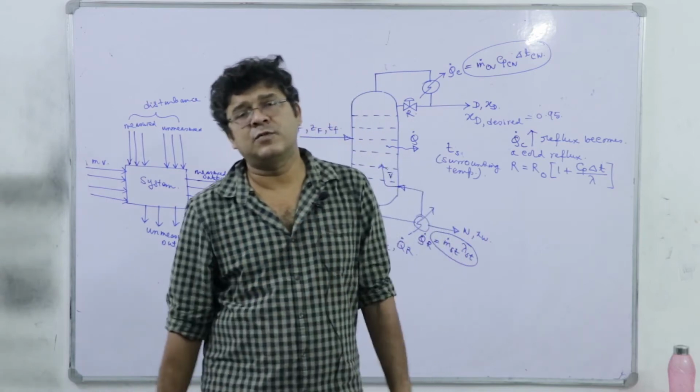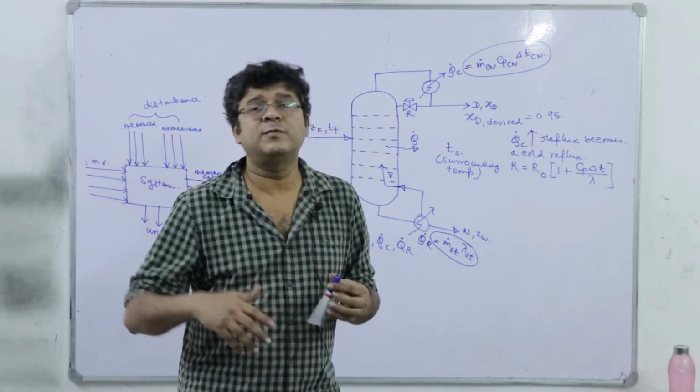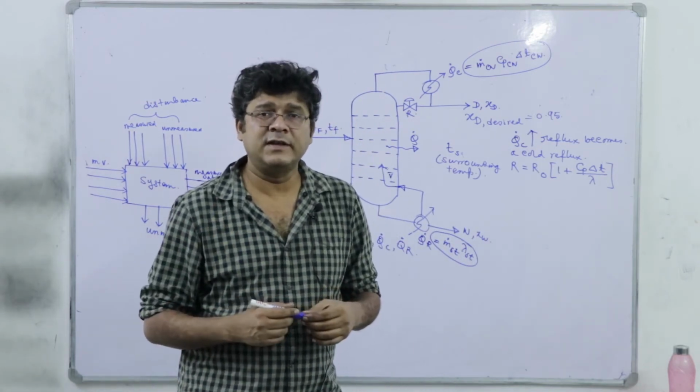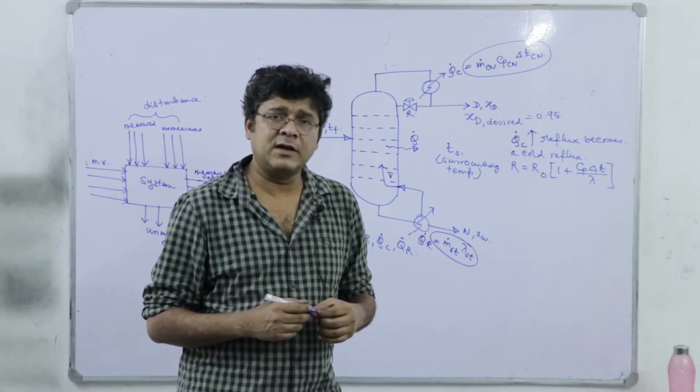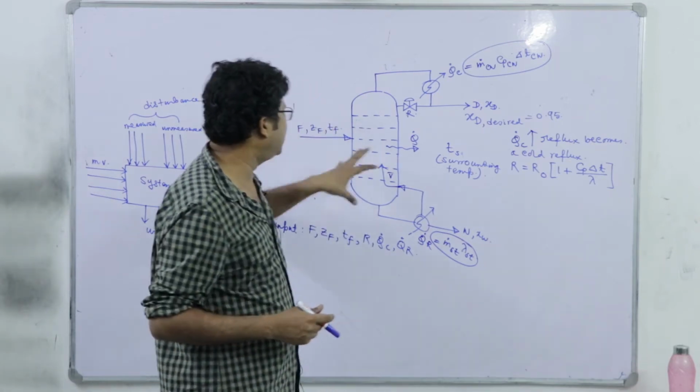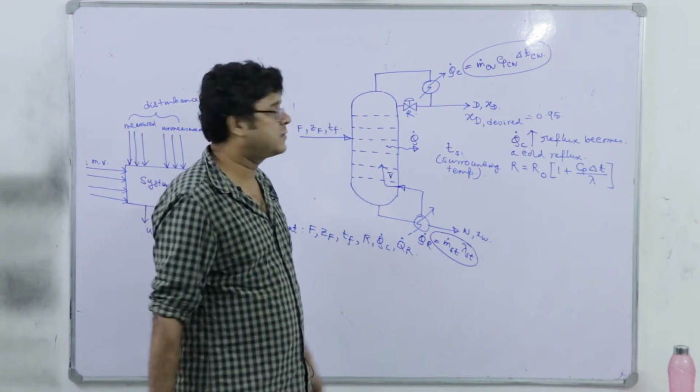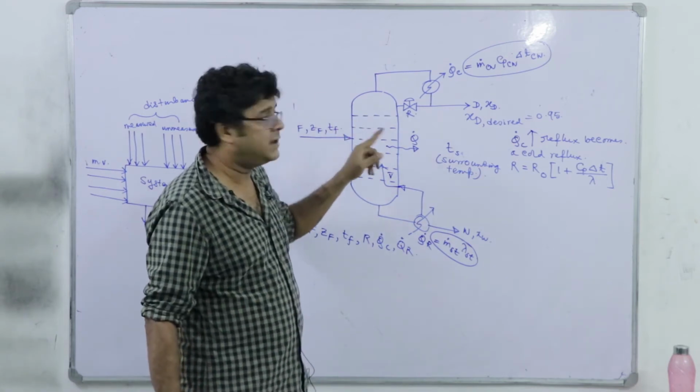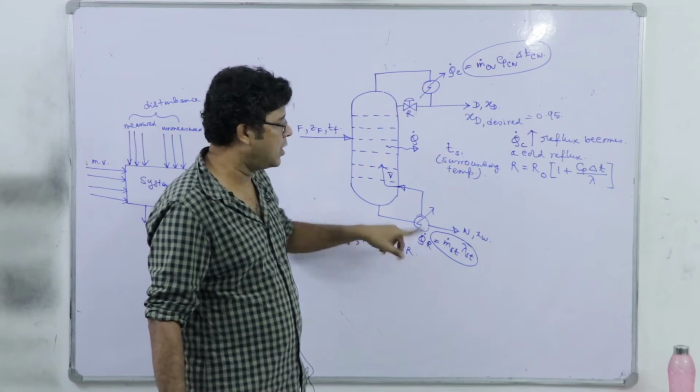But that answer is qualitative. If it is asked what the concentration of the distillate will be if I operate a column with some specific feed and maybe 20 stages under total reflux condition, and this Q dot C and Q dot R are given,